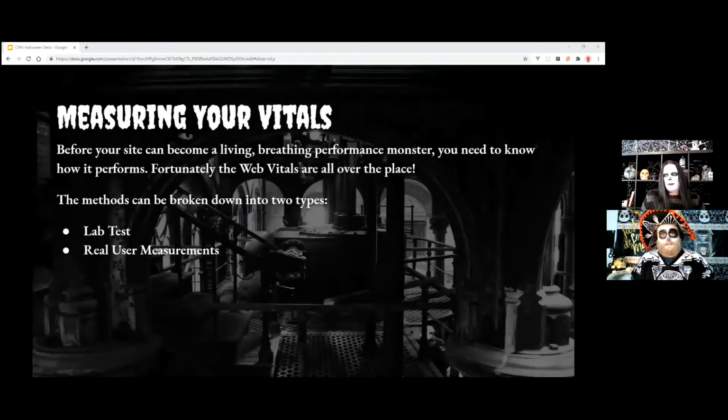So we know what they are. How do you measure them? How do you know what they are for your site? Before you can fix something, you want to know what they are, and if you have fixed something, you want to know how that's improved. So there are loads of different places you can get the vital measurements, but basically you can group those tools into two things. There's lab tests and there's RUM tests, or real user measurement tests,